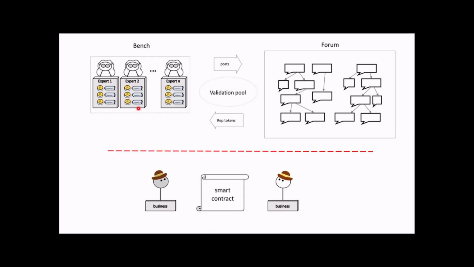In other words, if the people all agree that what they did was good, then the person who did the work will get reputation tokens. If they don't agree, then the person loses their availability stake reputation tokens. So we have those three smart contracts that I was talking about: the validation pool smart contract, the business smart contract, and the availability stakes smart contract. The validation pool smart contract is very finite, and it's just arithmetic of figuring out how betting pools work.